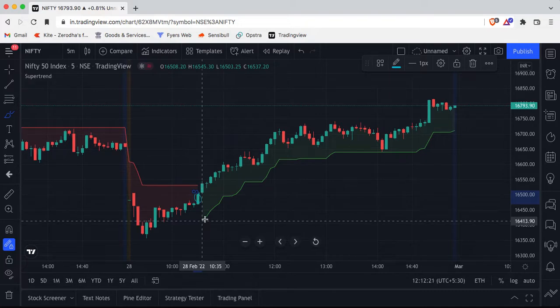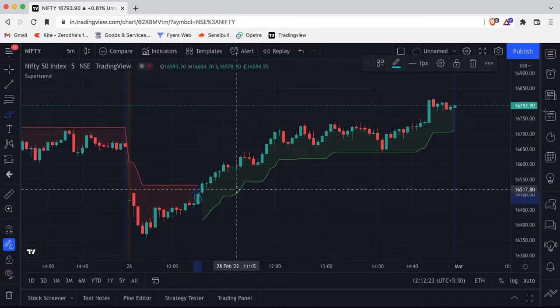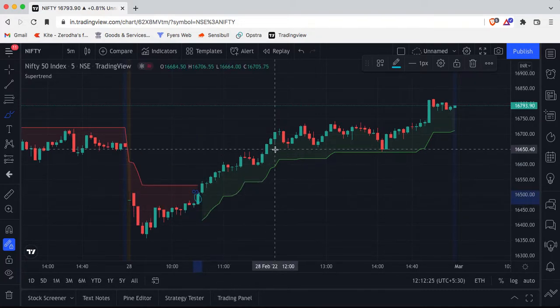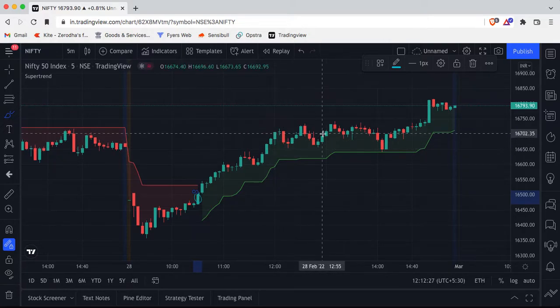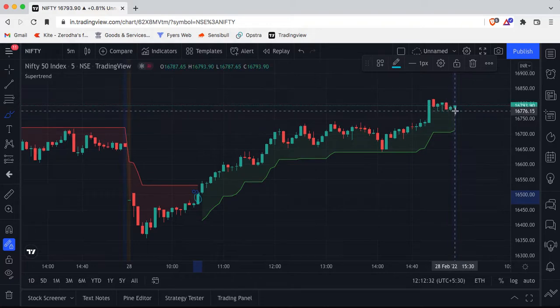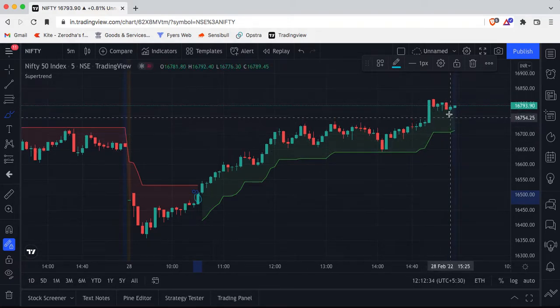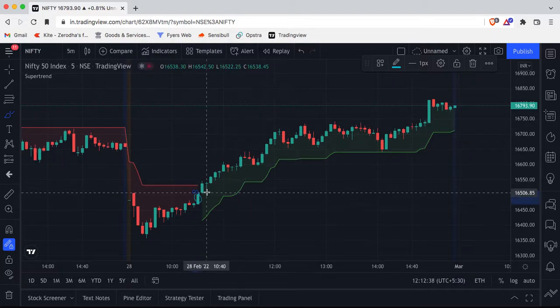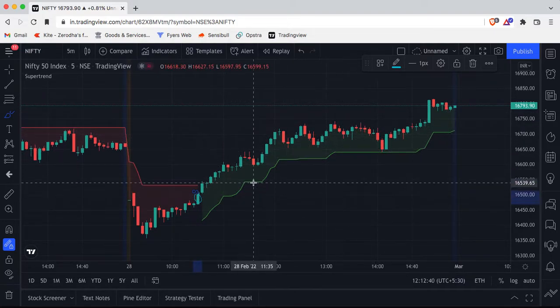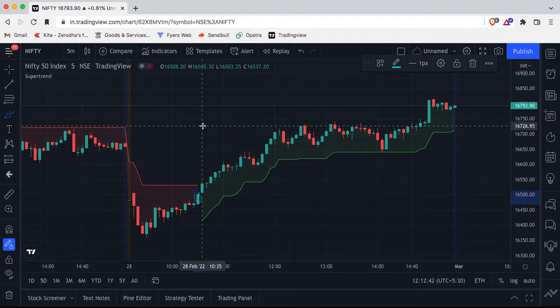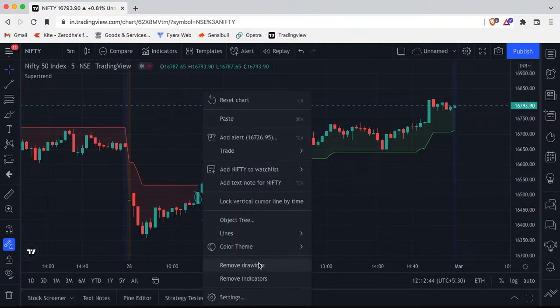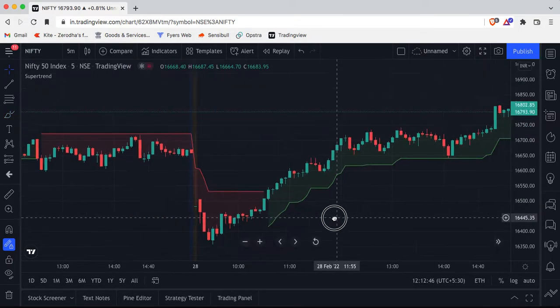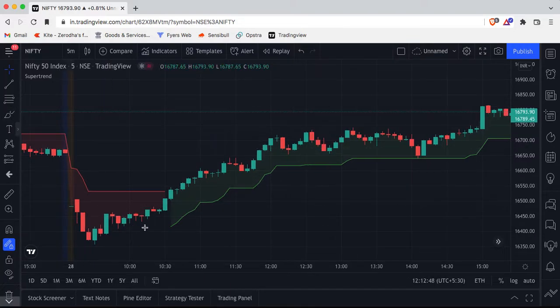So the trend changed to green, and after that you can see the market was going on the uptrend only. It did not break the green line until 3:15, the close of the market, which means the trend was on the upside only. Like this you can identify how the trend is. So if, let's say, someone